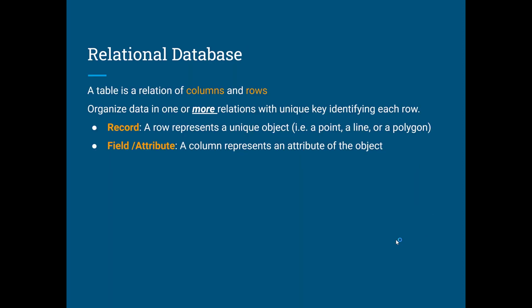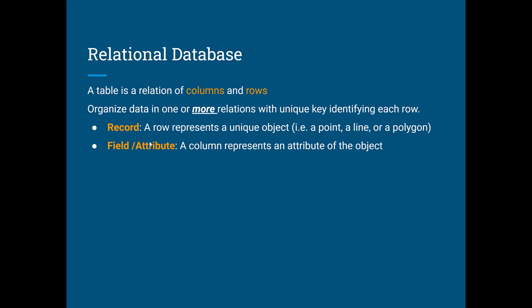This table has a fancy name. We call that a relational database. So why call it a relational database? It sounds quite complicated. Well, because a table is a relation of columns and rows, right? So to summarize, in GIS we organize thematic data in one or more relations with a unique key identifying